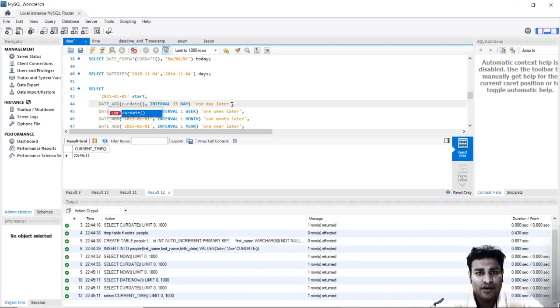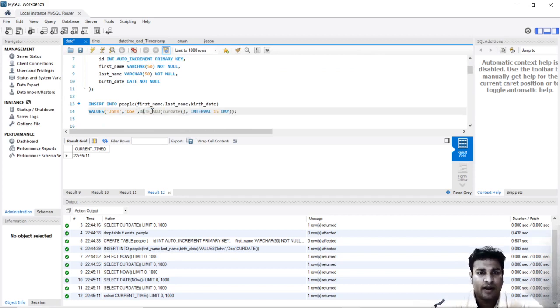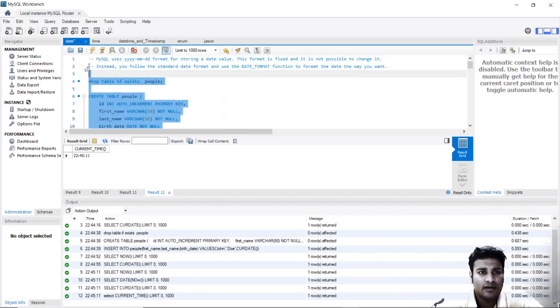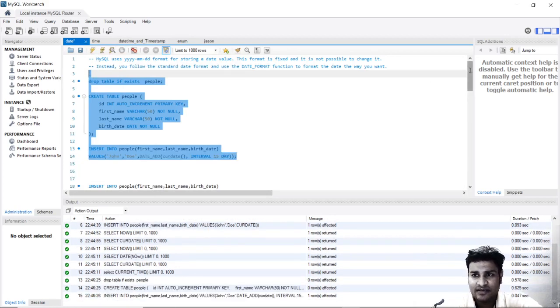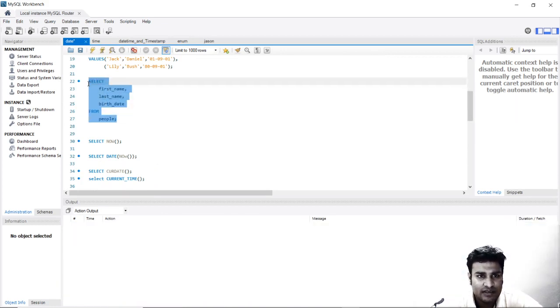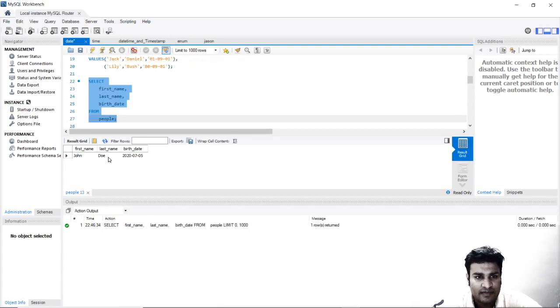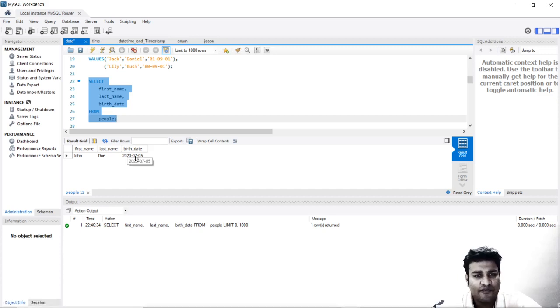Now what I will do is copy this and paste it over here. Let me run it. Let me drop the previous table, create the table, and insert this. Yes, I am able to insert this. You can see everything is green out here. Let me clear all of these and let me see this. So it has a date which is 15 days ahead, which is for next month, 5th day of the 7th month, 2020, which is 15 days ahead.